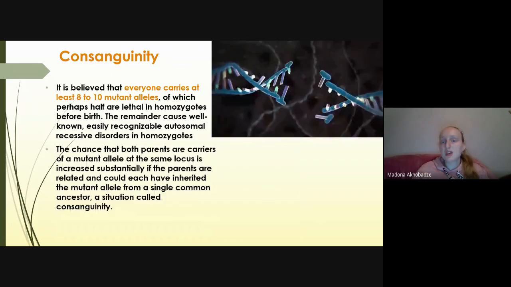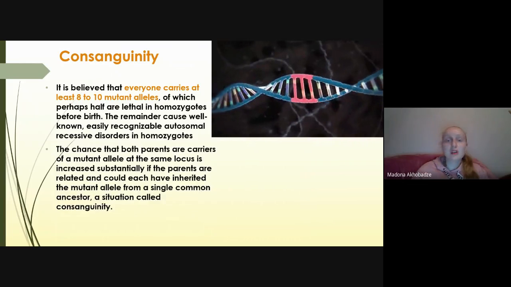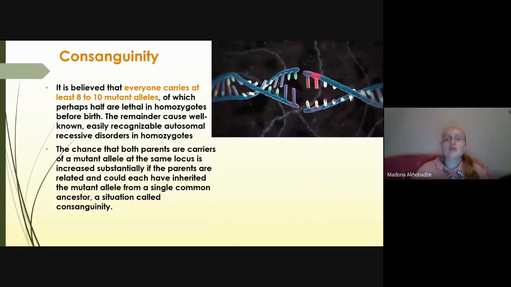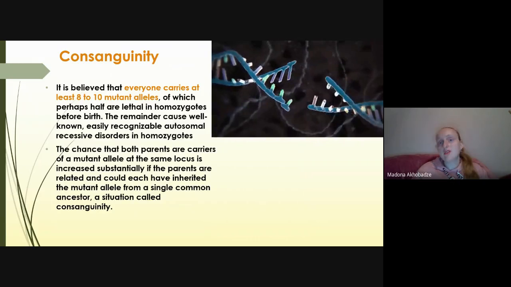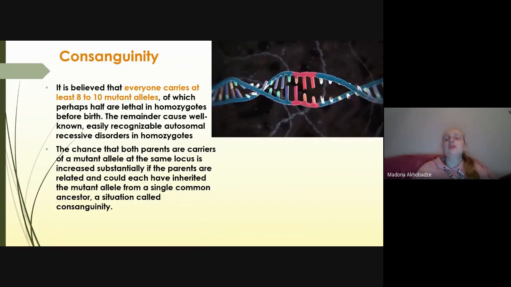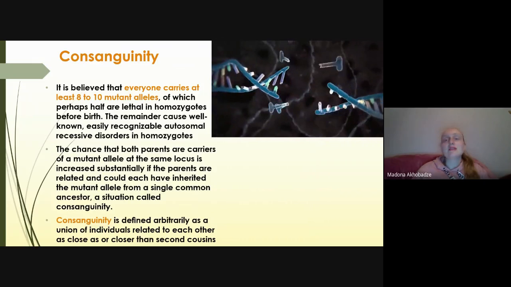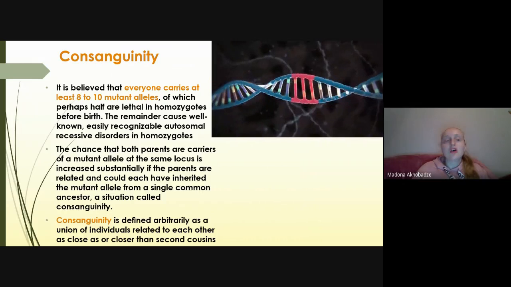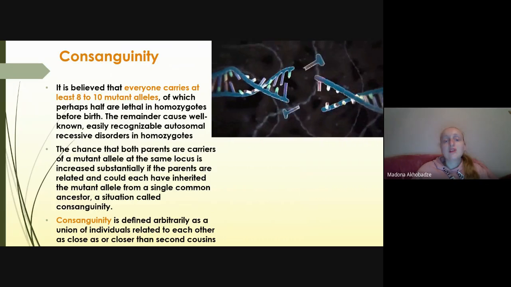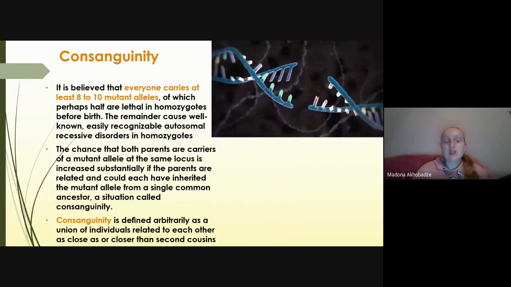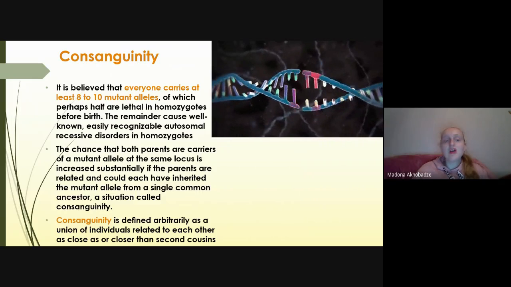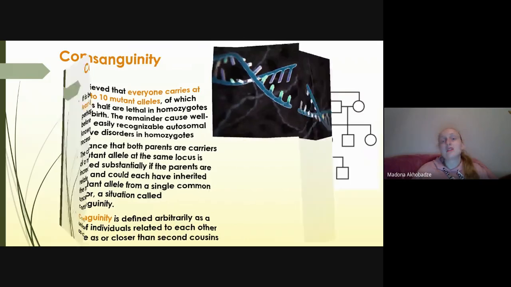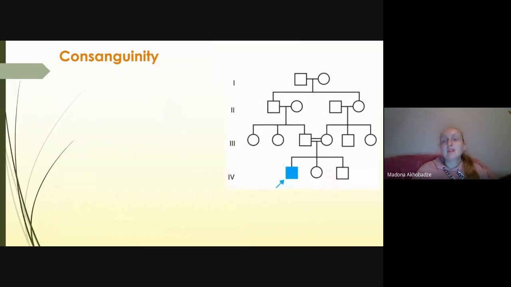But the chance of getting this recessive disorder is very rare unless they have common ancestors and both are carriers. They pass this disease to their offspring, and then the chance increases much, much more. So consanguinity is defined arbitrarily as the union of individuals related to each other as closely as or closer than second cousins. Okay, like the example of consanguinity, you see the healthy individuals,